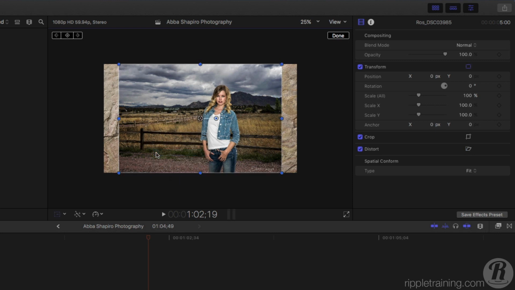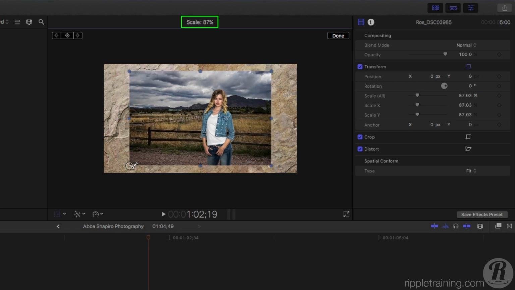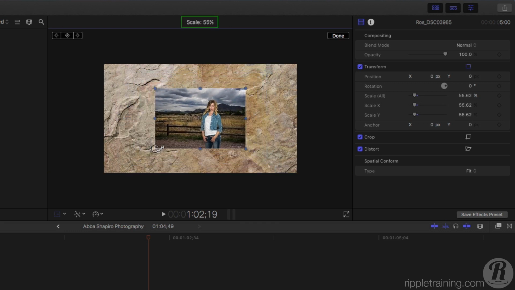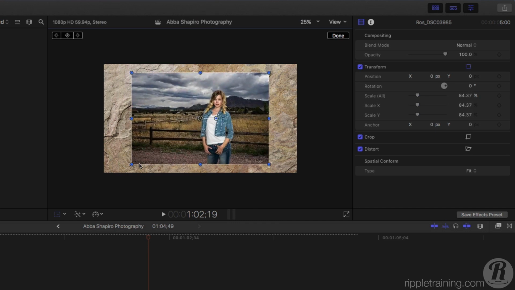There are 2 ways you can transform an image, either directly in the viewer or in the inspector. The most intuitive method is directly in the viewer. To scale the image, simply drag on a control point. As you drag, the scale percentage appears at the top of the viewer. You can also position the image by placing your mouse pointer anywhere in the frame, then clicking and dragging it